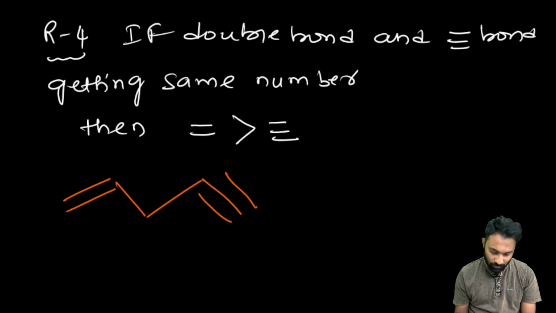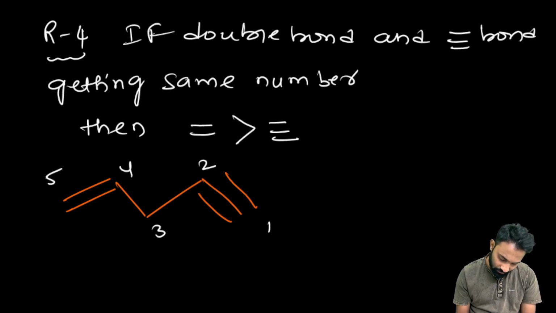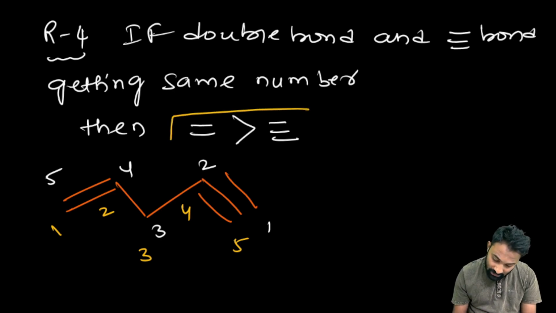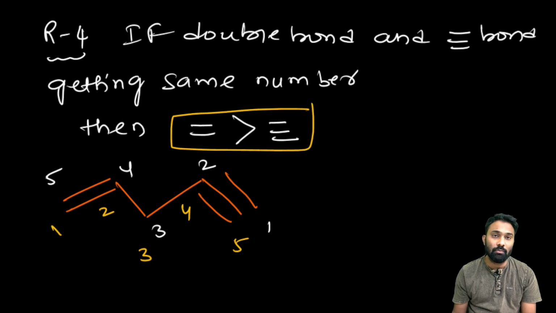Now if you take this compound, if you start the numbering from here 1, 2, 3, 4, 5. Okay? Now if you start the numbering from the other side 1, 2, 3, 4, 5. Clear? Now if you start the numbering from the triple bond, it is getting 1 and 2, and the double bond is getting 4 and 5. But if you start the numbering from the other side also, the multiple bonds are getting 1 and 2, 4 and 5. Then in that case what you have to decide? Double bond is a high priority over the triple bond. Then the name of this compound will become